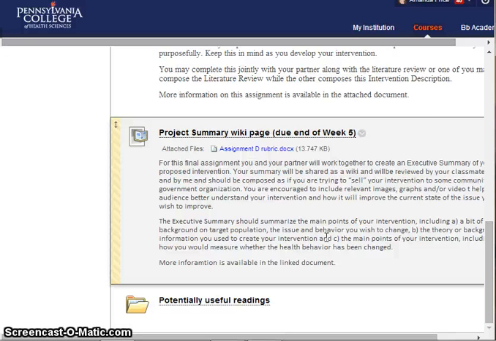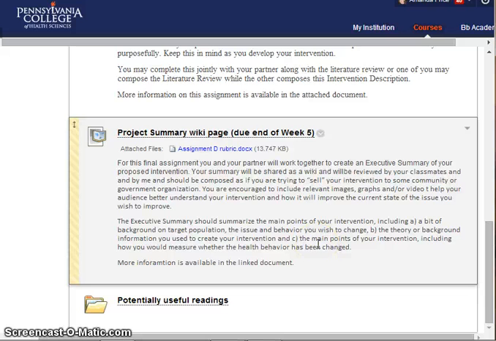Then what you and your project partner will do during week 5 is to create an online wiki so that you can share your intervention with the rest of us. The idea here is that you might pretend that you are applying for a grant, or you're having to give a presentation to some sort of nonprofit group, and you need to try to sell your intervention. So the wiki should be